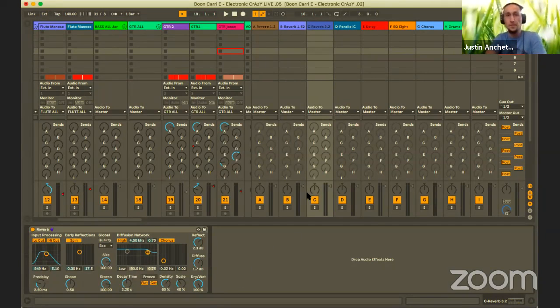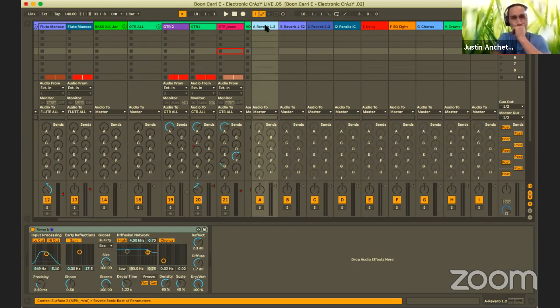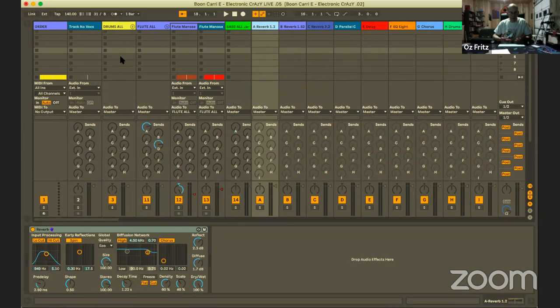Okay, so the small one, the first one, I usually filter it pretty severely. I use it as a warmth type of thing. So I usually use it on the bass drum as my main thing, and sometimes on the toms. I don't really want a long tail, but if you EQ it, like